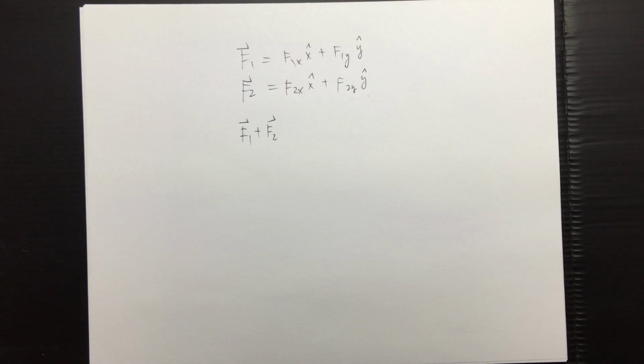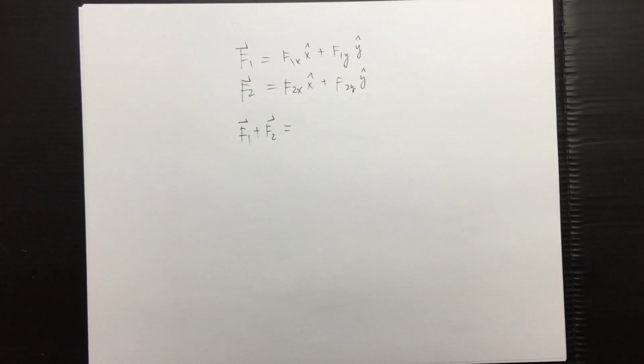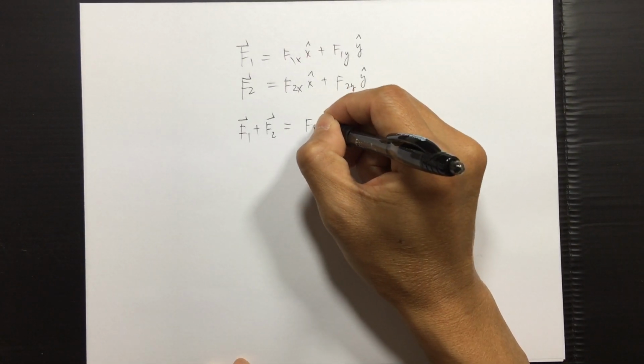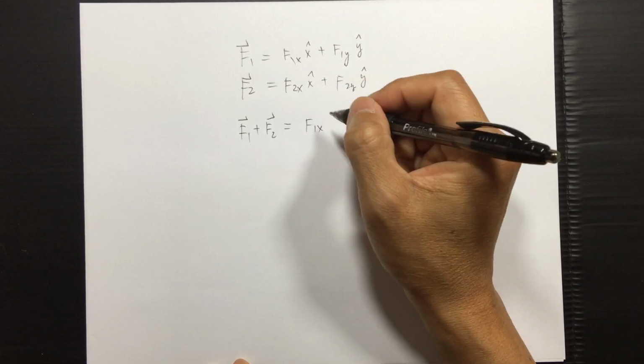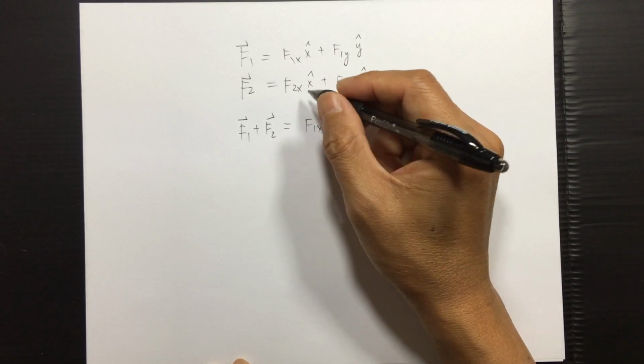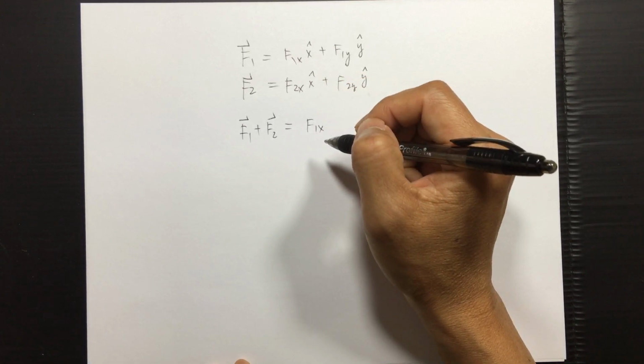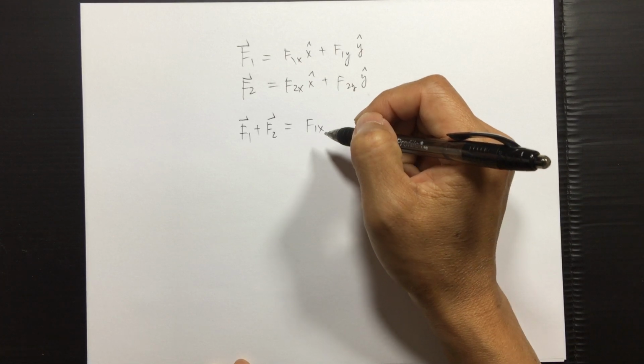as vectors equals what? Can you see it? That plus that. Equals what? F1x, x-hat. What's another x? F2x, F sub 2x. Plus